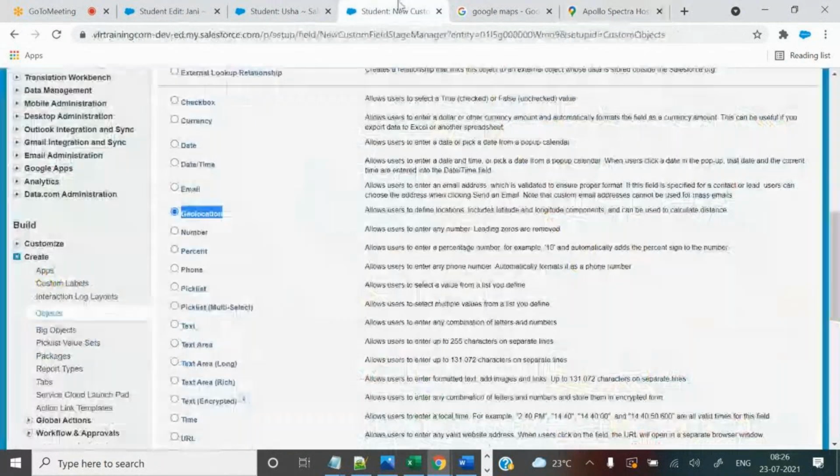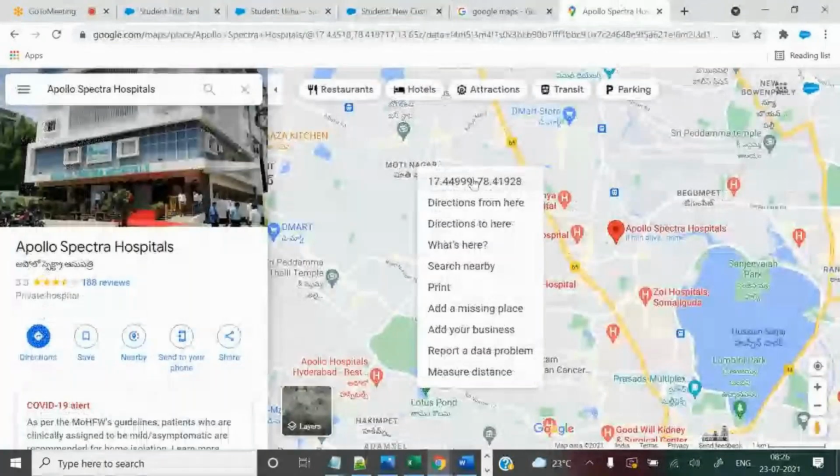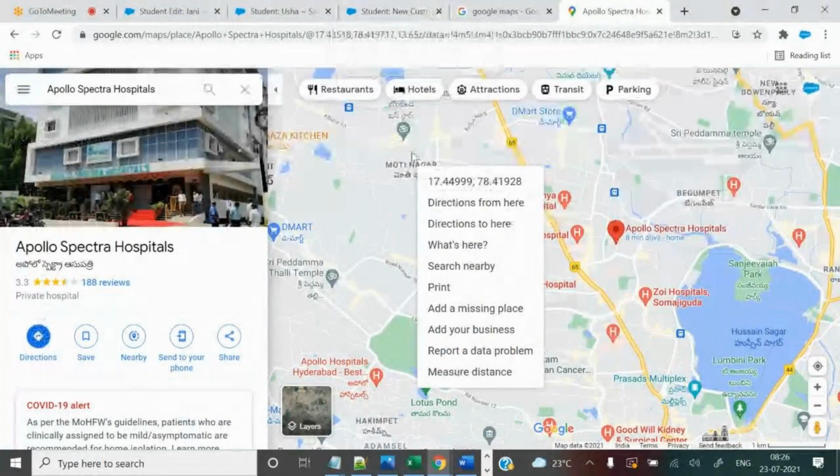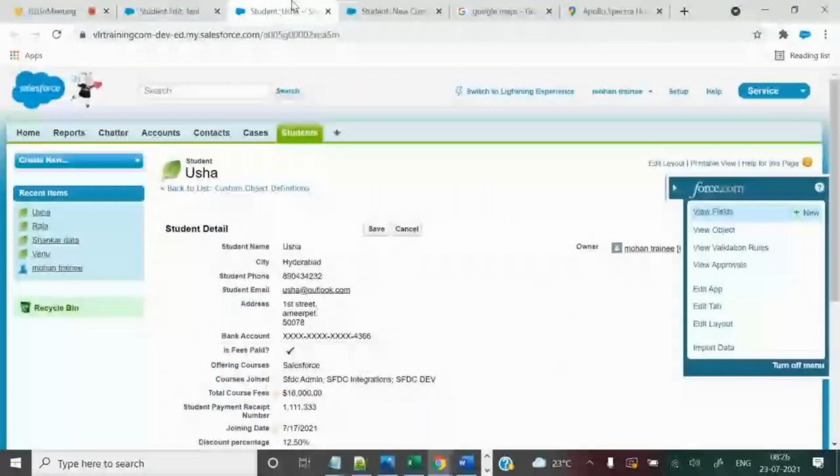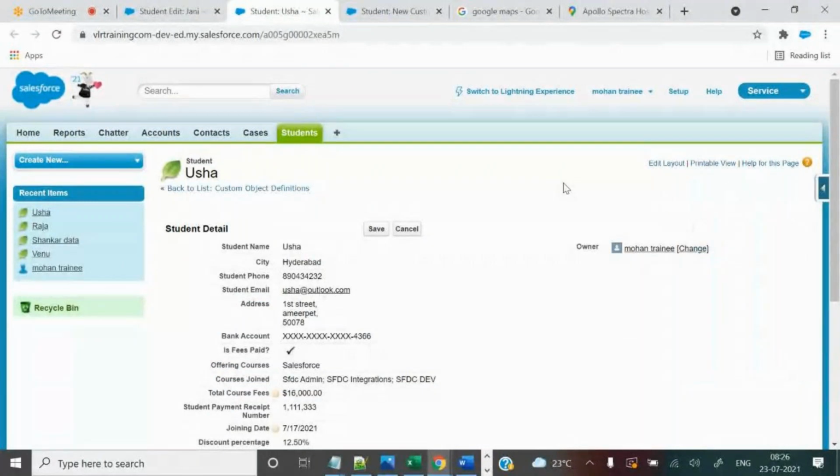Now geolocation is that one. Now I want to identify the geolocation. Suppose the student, right? Generally there is no proper business requirement here. The original business requirement is they want to see the distance between the student location and the institute. That is the original business requirement. How many kilometers he is traveling daily to that institute, they just want to see.